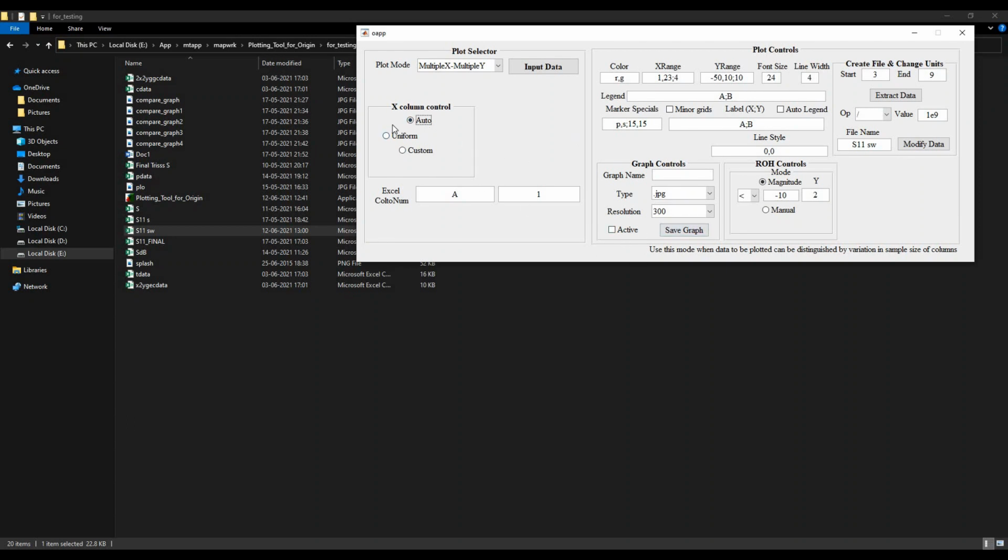And you can also see the mode description in the message window at the corner of the application. So now I am going with the auto mode, and the range of the data lies between 1 to 23 gigahertz. I am choosing a step size of 4, and the colors red and green. Since these are S parameters, I am choosing the upper limit as 0 dB and font size 28. The line width is 4,